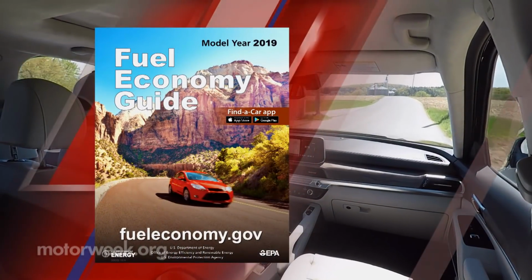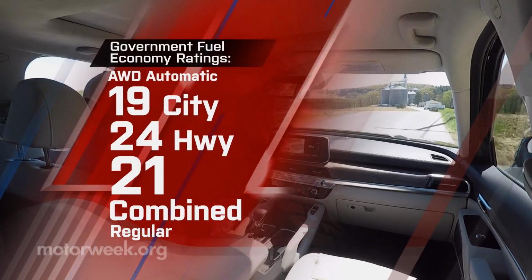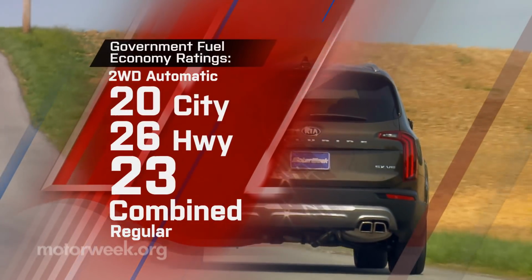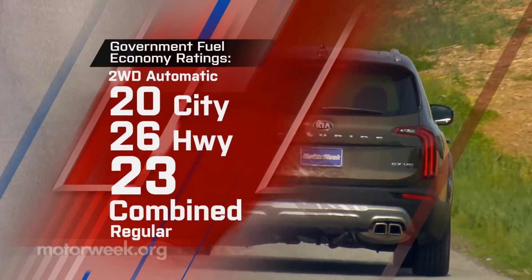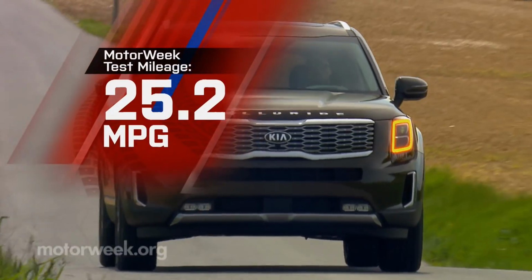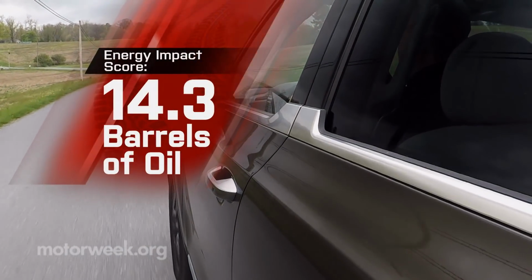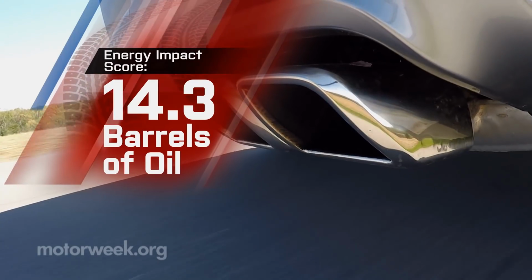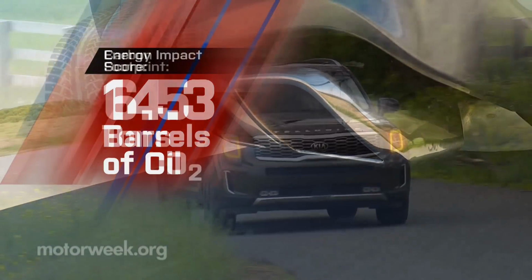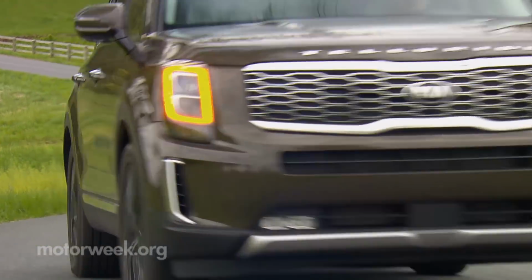Government fuel economy ratings are 19 city, 24 highway, and 21 combined for all-wheel drive, 20 city, 26 highway, and 23 combined for front-wheel drive. We averaged 25.2 miles per gallon in our all-wheel drive tester. The energy impact score is only about average at 14.3 barrels of annual petroleum consumption with 6.5 tons of CO2 emissions. Pricing starts at